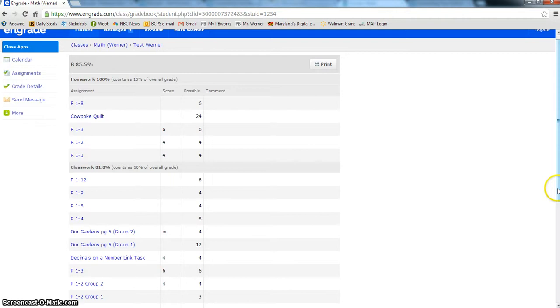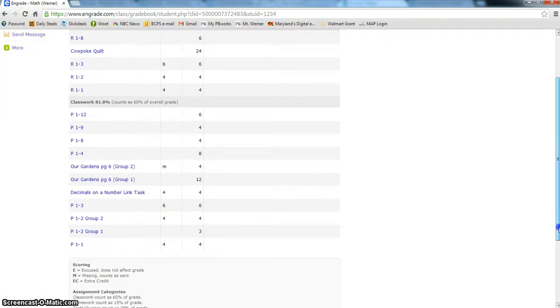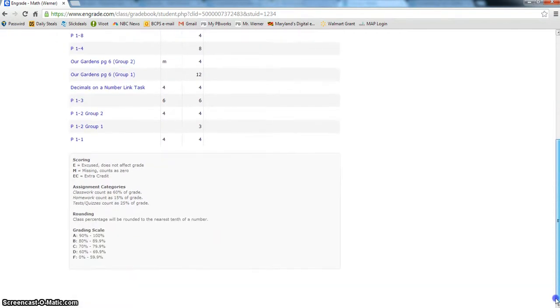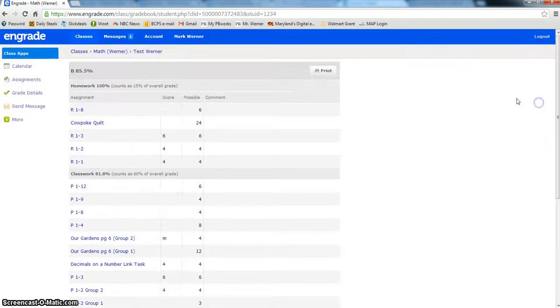And for this student, when I was creating the account, I didn't put anything in for the test grade, but if there had been a test grade, it would be down here, and the test grade would be 25% of the overall grade, and it would show you their separate percentage for that. And again, it just breaks down the scoring for you, A, B, C, D, and all the way down. And all percentages are rounded to the nearest tenth of a number. If you would so desire, you could